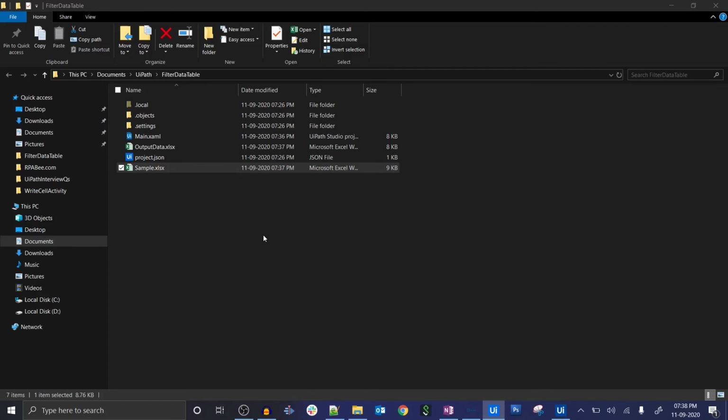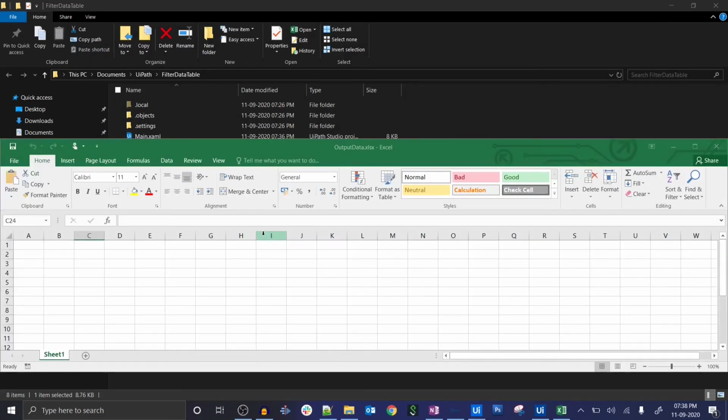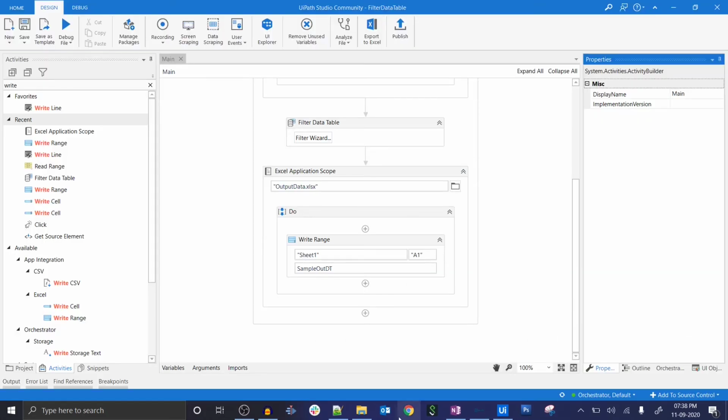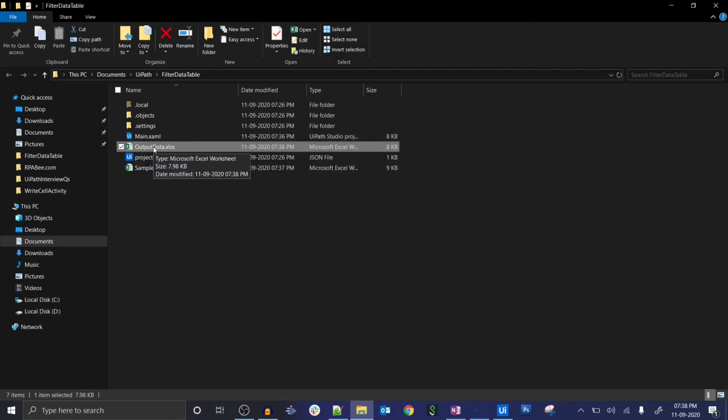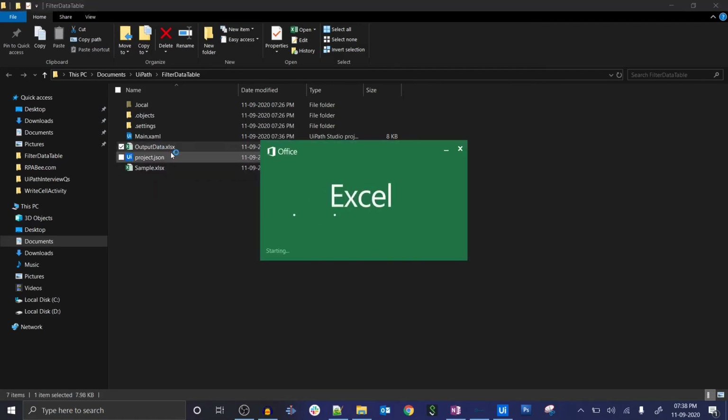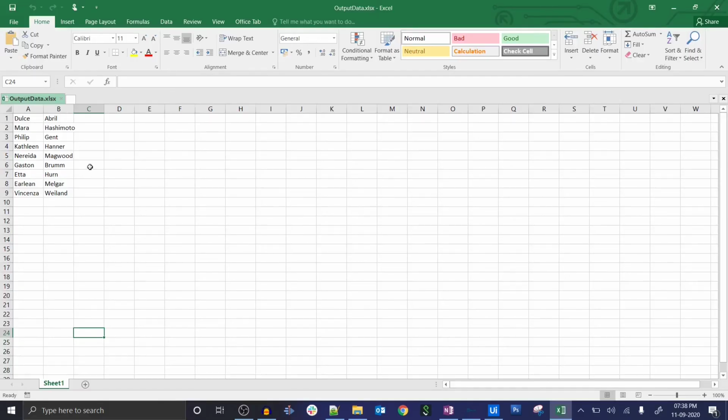This time it should not throw any error. Now no error, and we read the data from this Excel sheet, and after filtering we write into this one. Let's open this and see whether it has written the data or not.